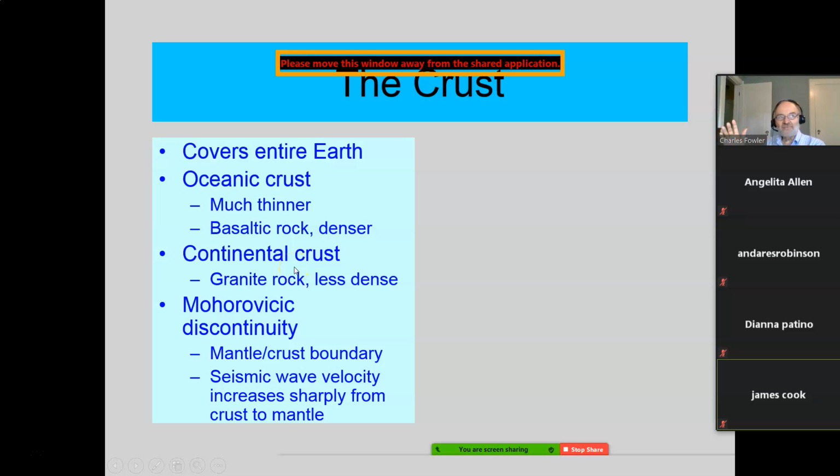Then the continental crust, that would be what's under us now, what's under most of us. It's mostly, not totally, granite rock. Okay? Remember, granite was a light colored but also light density rock. Light colored and light density because it doesn't have much iron in it, whereas basalts have, they're dark, they're dense. A lot of iron, very little iron in granite, so they're less dense. But they're much thicker than the oceanic crust. We'll see an illustration of that coming up. In fact, let's do it now.